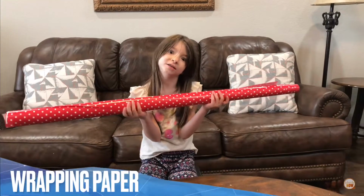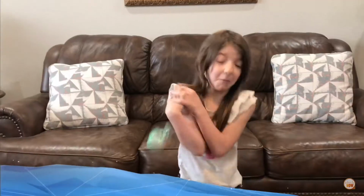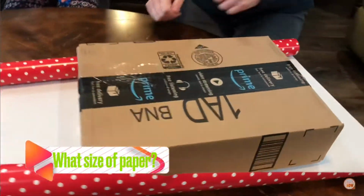And the first thing that you will need is some wrapping paper, scissors, and then some tape. One of the trickiest things about wrapping presents is to know what size piece of paper